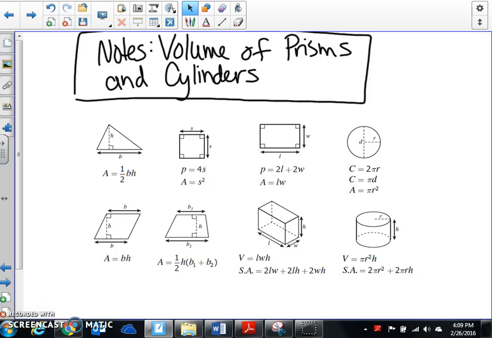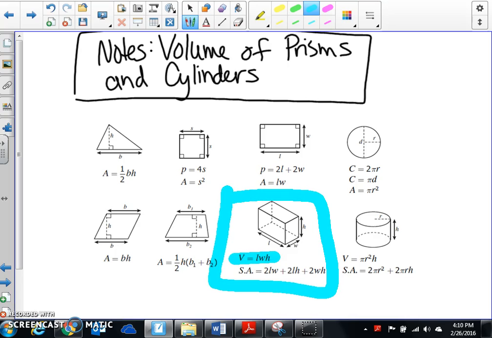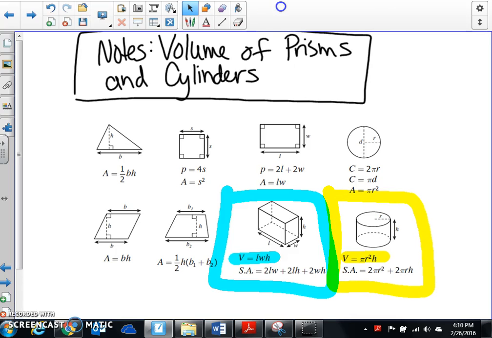Right, moving right on down the formula sheet chart. We are only talking about volume today. So we're going to be talking about volume of prisms, so this guy, and volume of cylinders. Okay? Now, before we get going,